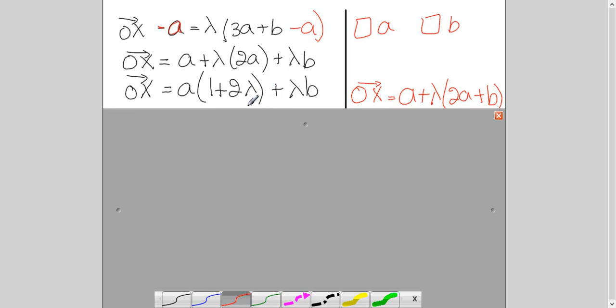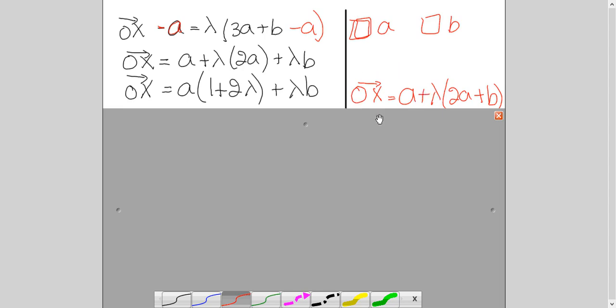Here I would like to say one thing. Students usually make mistake and they don't know what to take common out, because at a glance it seems I can take common lambda out as well, and I can take common A out as well. Those who will take lambda out, they will get it like this. But please remember, you are expressing in terms of A and B, your two non-parallel vectors. So the coefficient should be with A and B, not with lambda, right? That will help you to solve the later part.